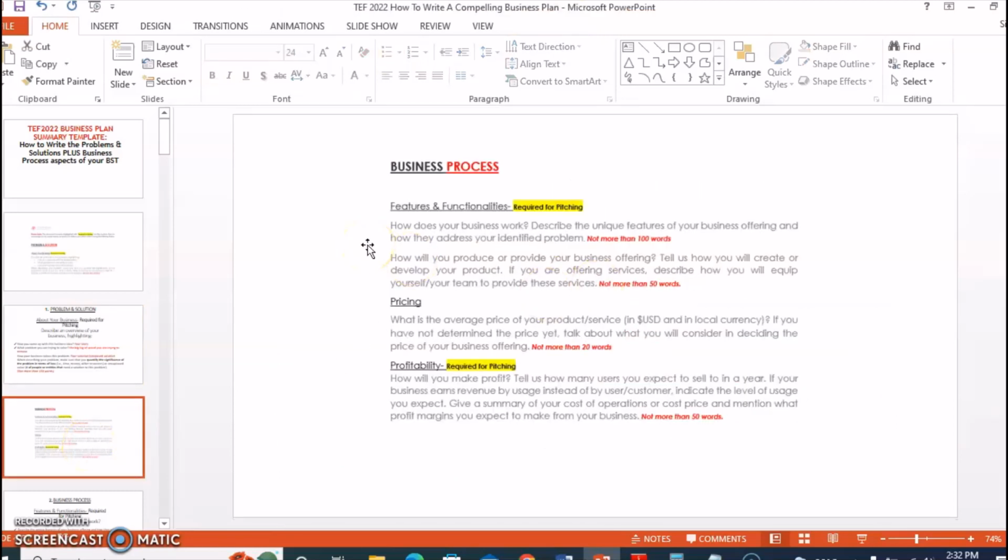So the next page, just down the same page 2, you will find business process, and here Tony Elumelu is asking you for the features and functionalities of your business. How does your business work? Now this is about systems. How does your business work? What happens in your business? Your features and functionalities. Describe the unique features of your business offering. For instance,